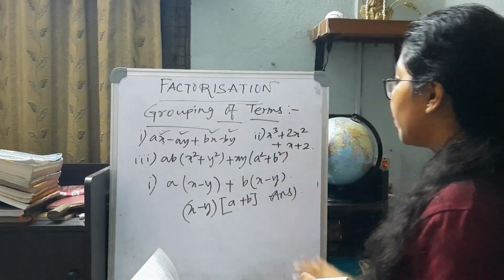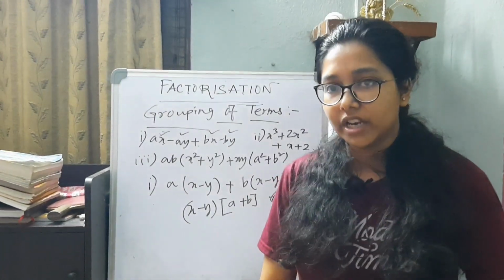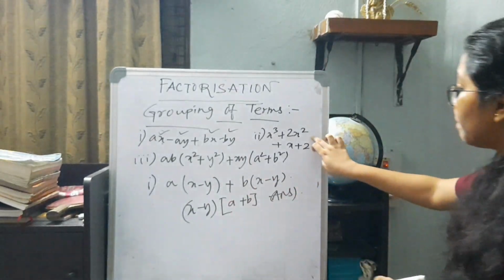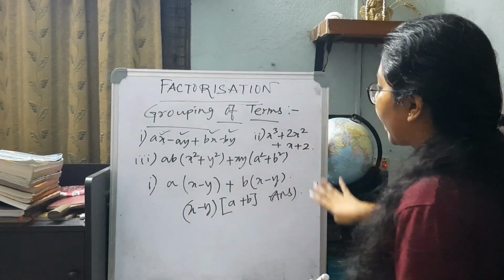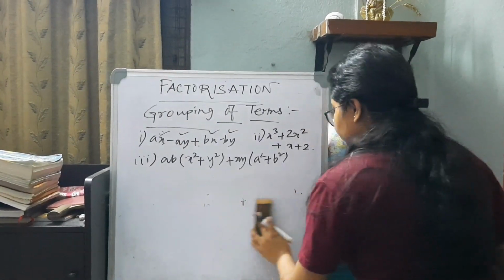So now we will be moving on to question number 2. You can try it on your own by pausing the video and then follow it along with me. That will be far better. So now the part 2 is x cube plus 2x square plus x plus 2. So for moving on to the part 2,